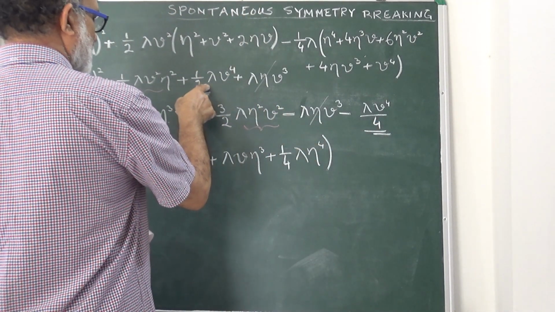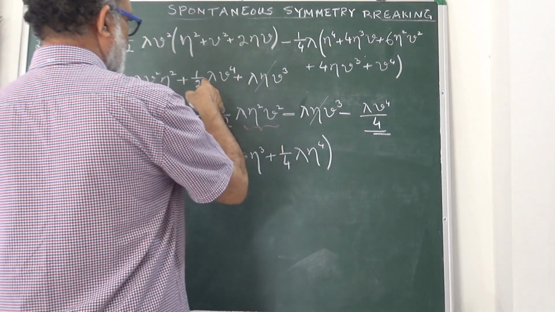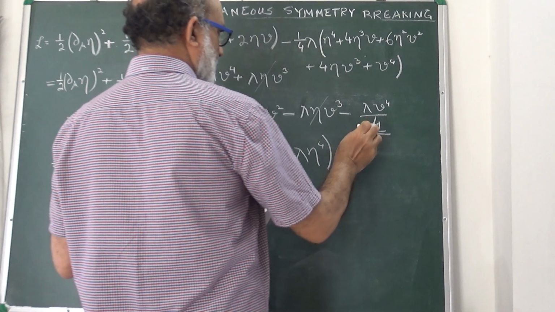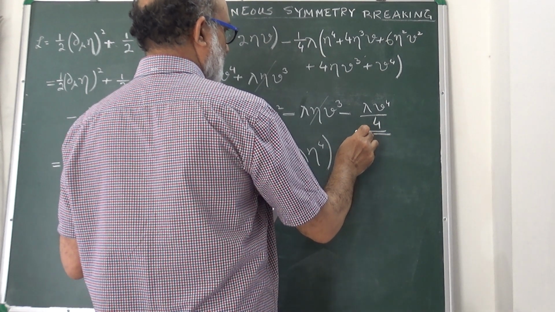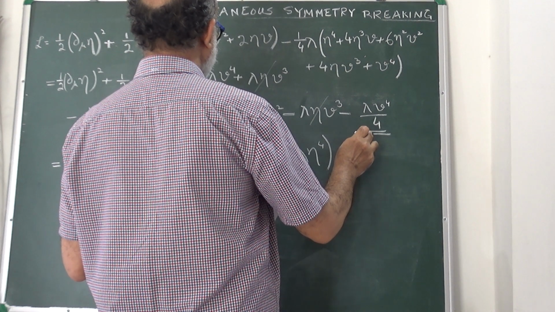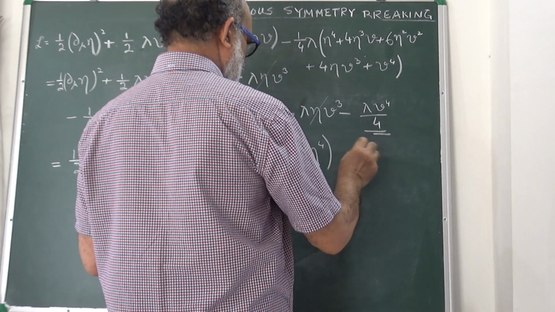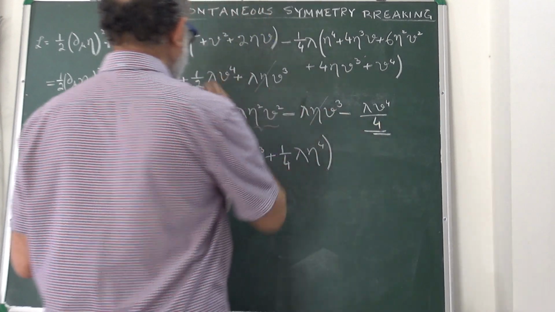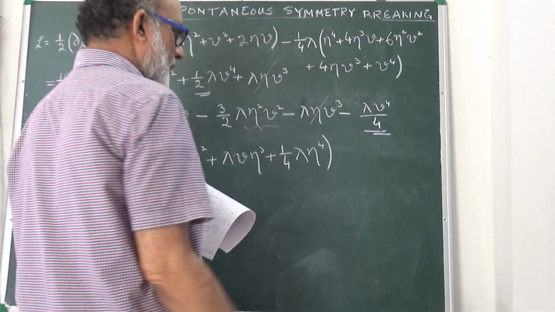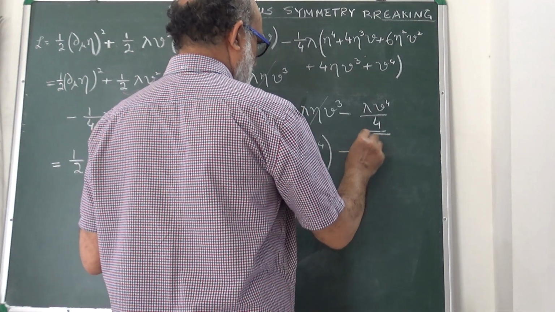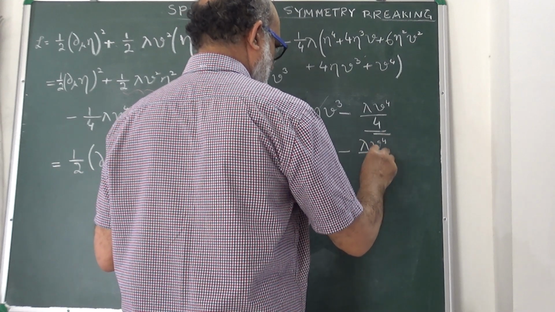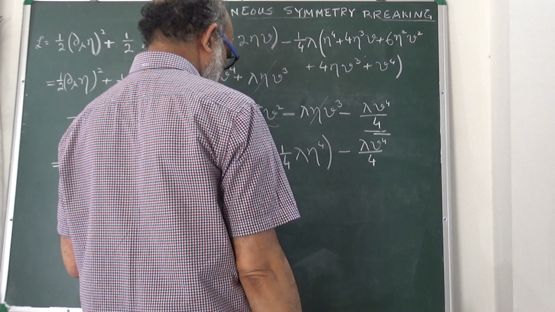So it's a plus half, it's a minus 1 by 4, so minus, it means plus 1 by 4. Lambda b to the power 4 is, it will be 1 by 4 minus 1 by half. So it will be lambda b to the power 4 by 4 plus